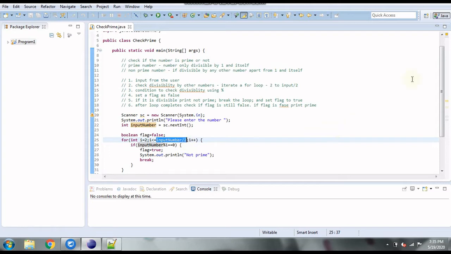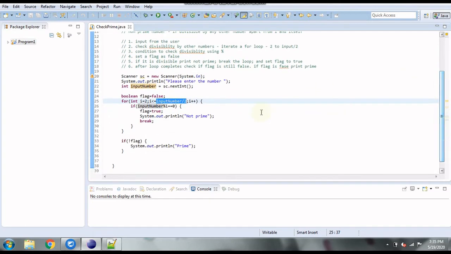So the loop goes from i equal to 2 to i less than or equal to number divided by 2. And then if the number is divisible by any of these values of i, we print it is not prime. So here we have checked the condition. And if one divisibility is found, we don't need to check the divisibility by further numbers because it is already not prime, so we break the loop. Now if it is not divisible by any of these values of i, we have to print that it is prime. But we can print prime only after checking the complete loop. So we print prime out of the loop depending on a flag.